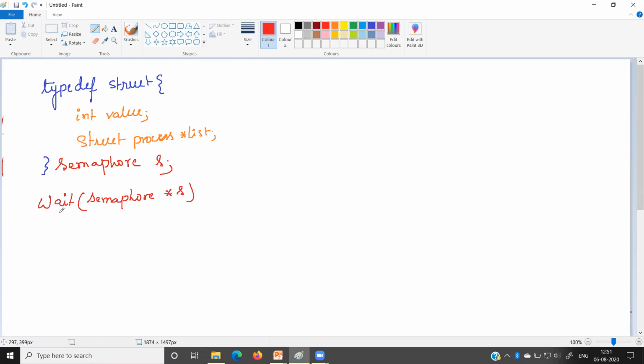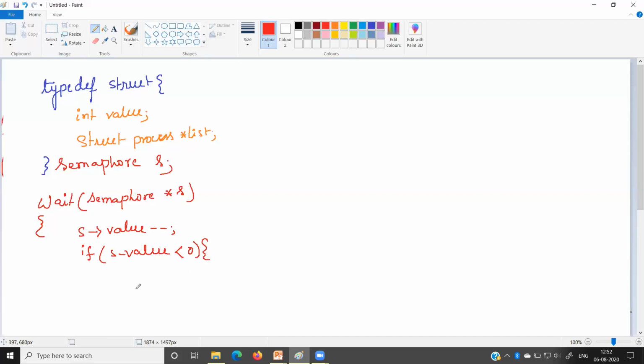Now, as you know, it has two parts, one is the value and second one is list. So we will write s->value. First we will decrease the value of the semaphore variable by 1, that is, s->value--. Next we will check if s->value is less than 0.